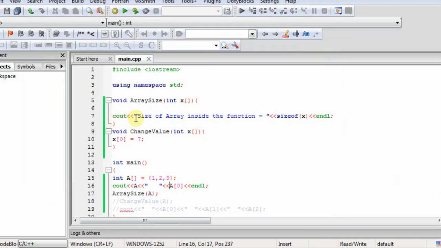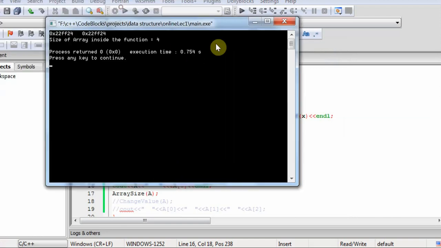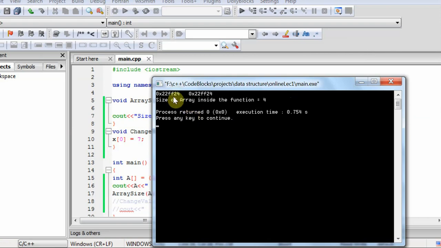Look at the output, both addresses are the same. So if I write like this, it is interpreted as a reference variable.